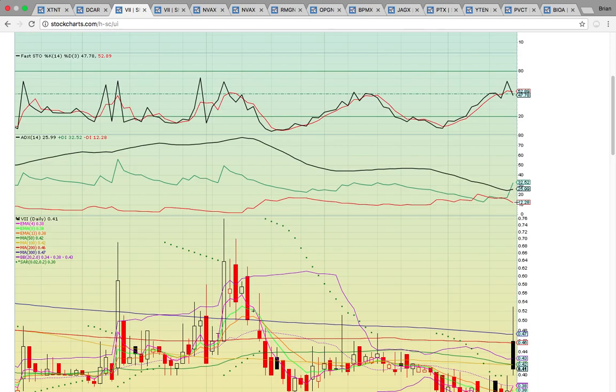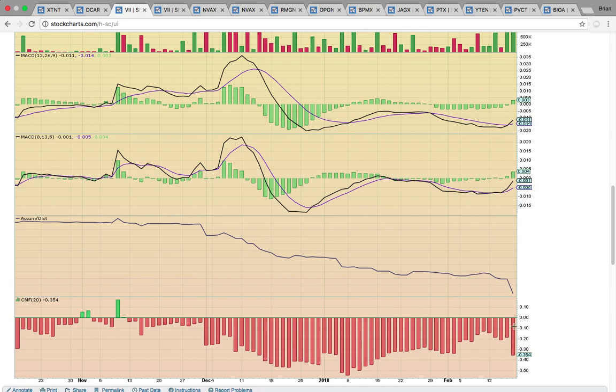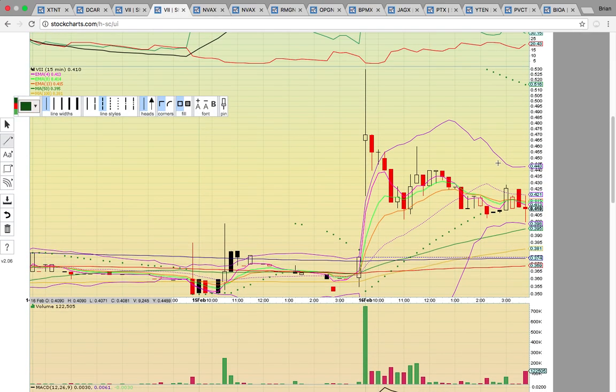The share price was up 9% on the day on a giant volume spike, but accumulation distribution and Chaikin money flow spiked down. Those are signs of dilution. Okay, so those are all red flags. It's bearish divergence. And then you can see here on the VII 15-minute chart, it had the